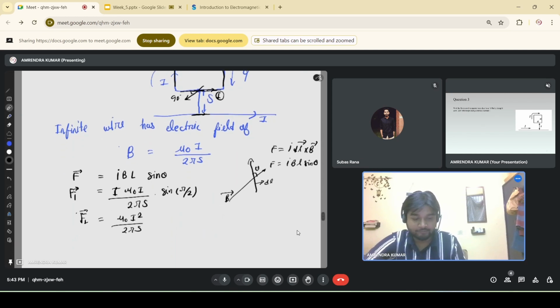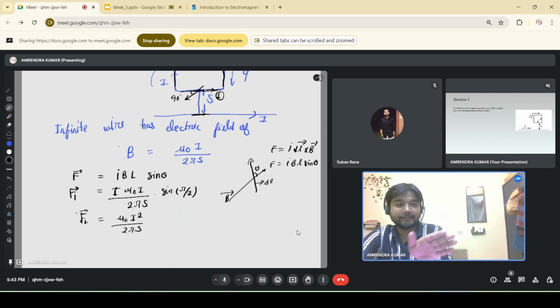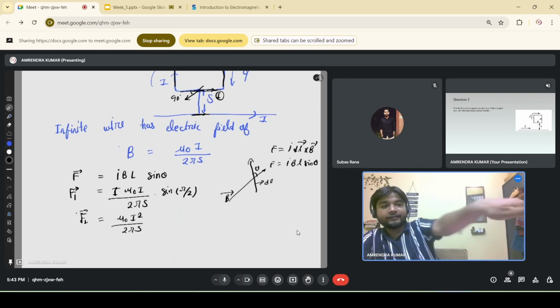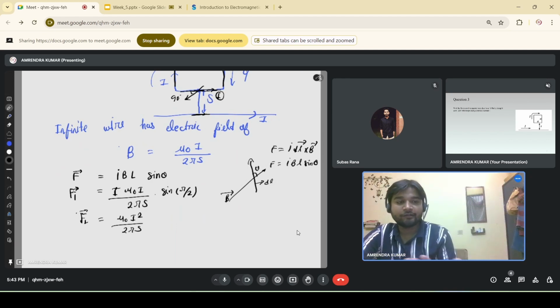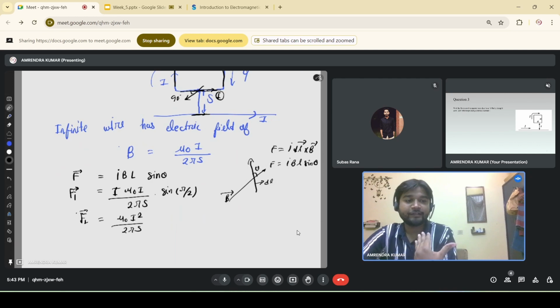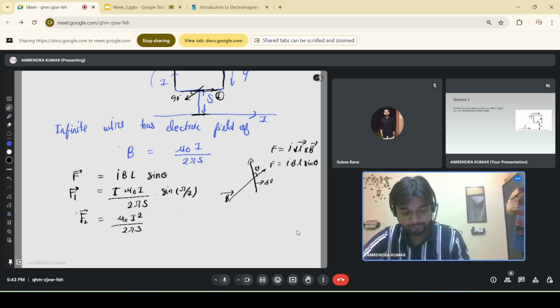और इसकी डायरेक्शन होगी, चूंकि हमें पता है कि एल इस डायरेक्शन में है, बी इस डायरेक्शन में अप है, तो सबसे पहले हम अपने हाथ को एल की डायरेक्शन में रखेंगे, और उसके बाद बी की तरफ पॉइंट करेंगे। तो हमें पता चलेगा कि जो फोर्स लगेगा वो सीधा अंदर की तरफ, नीचे की तरफ लगेगा, मतलब ये इसको इस डायरेक्शन में खींचने का प्रयास करेगा।